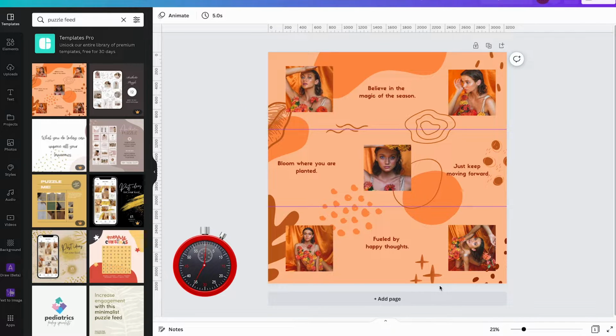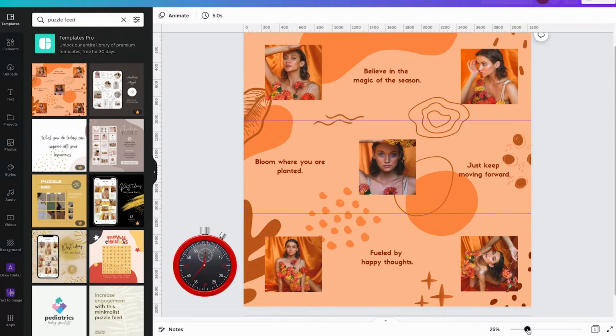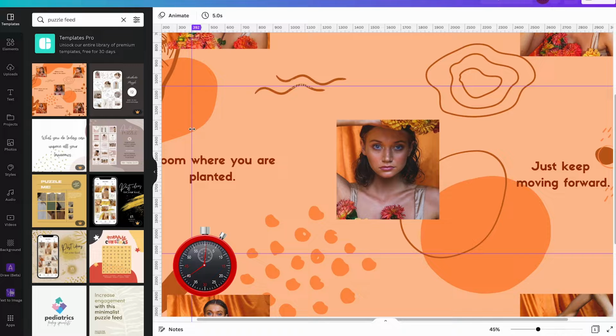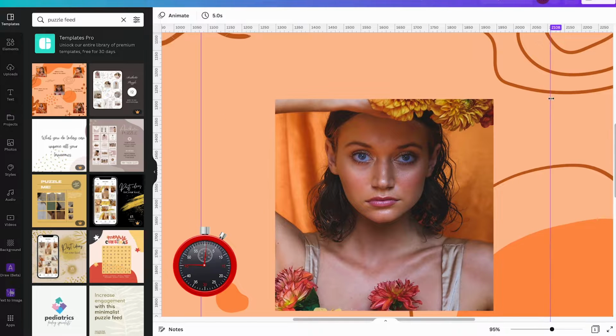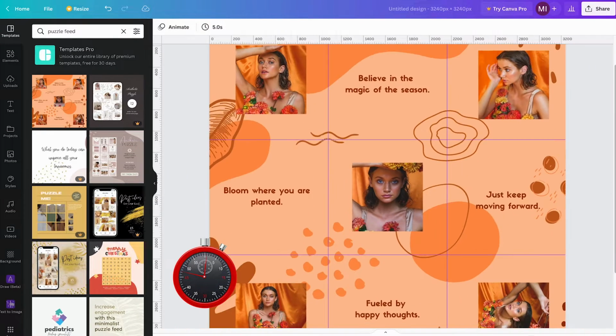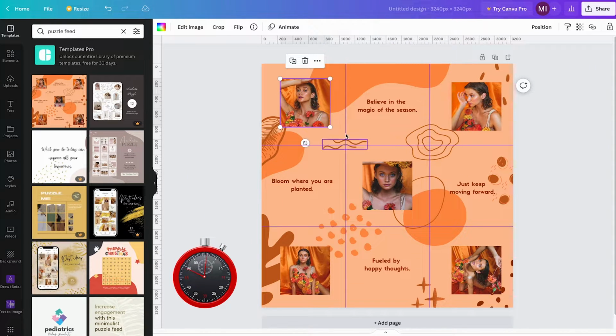Now let us do the same thing vertically. You might need to zoom in to get the desired result. Left click and drag 1080. The second one needs to be at 2160. Done. You can now customize each of these 9 sections individually, and later on we will simply split this image